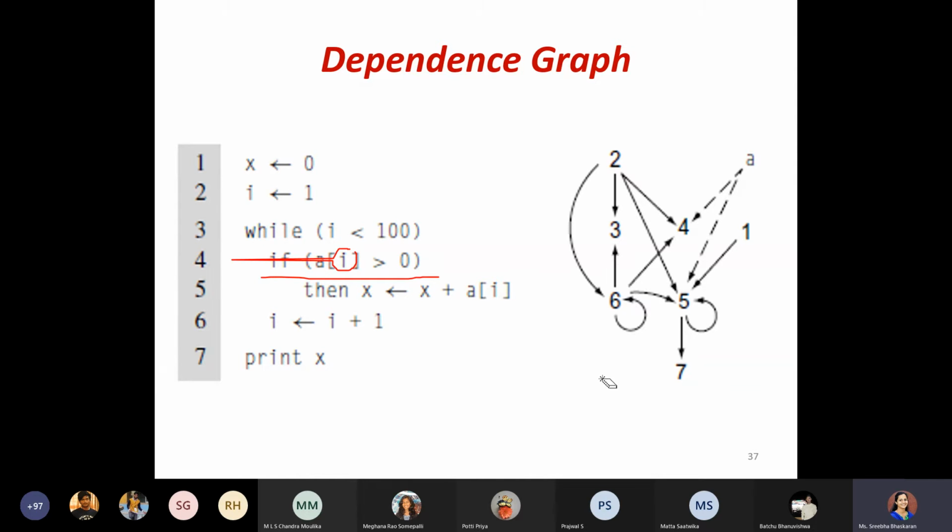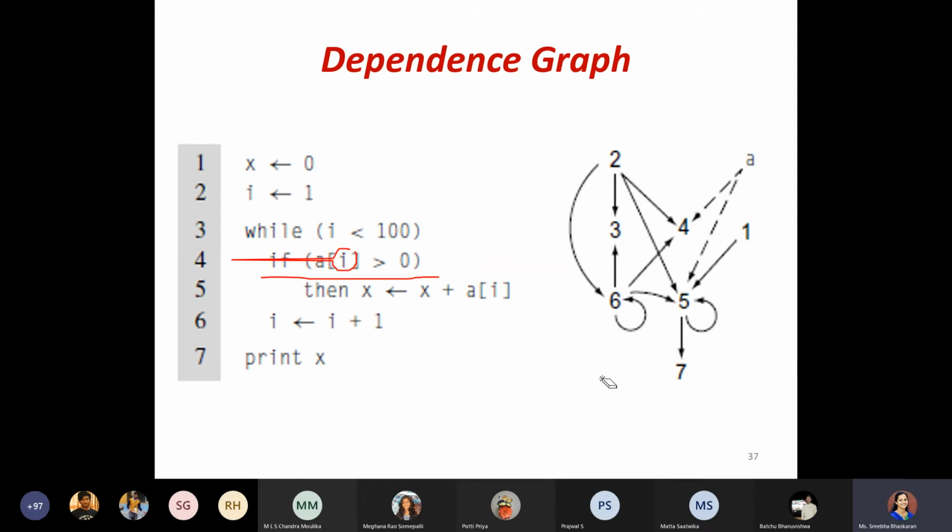Similarly here we are showing the flow of values. When I say flow of values, here it is dependent on the data part. If I rearrange the elements in such a way, I can improve the instruction scheduling itself, or I can improve the register allocation.